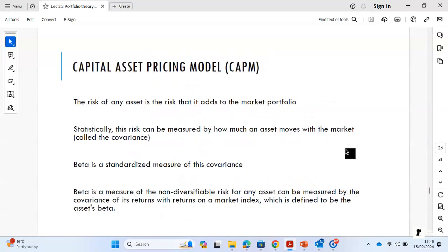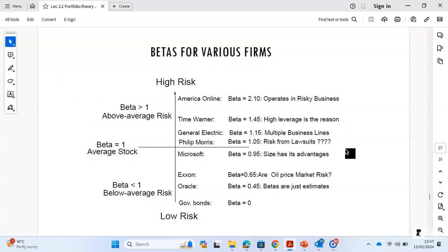So the capital asset pricing model, you already know about it. As I told you, beta measures the systematic component of the risk. The beta of the market is 1, but stocks can have a beta greater than 1 or less than 1. If the beta of a stock is greater than 1, it's more risky than the market. If it's less than 1, it's less risky than the market, and the expected returns on those stocks should be in line with their riskiness.